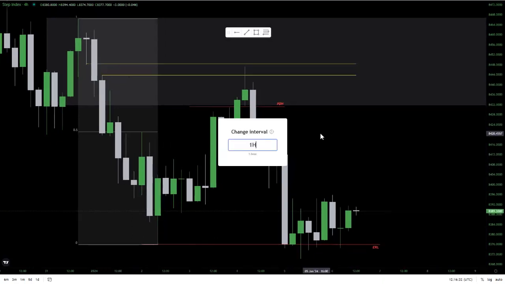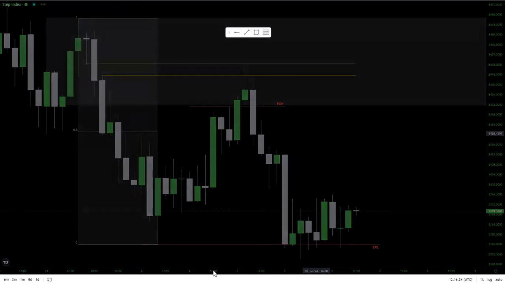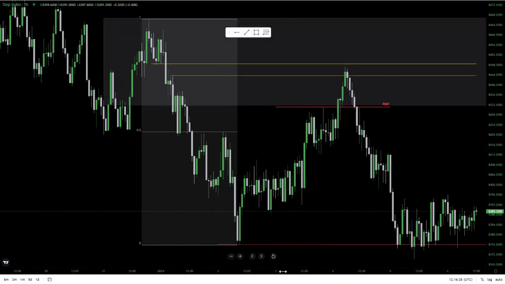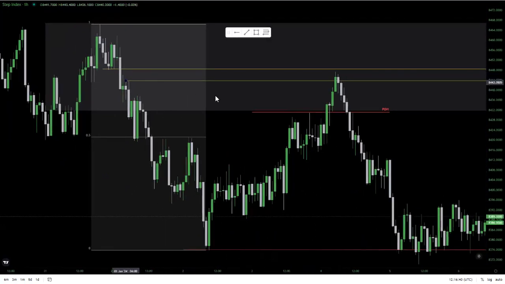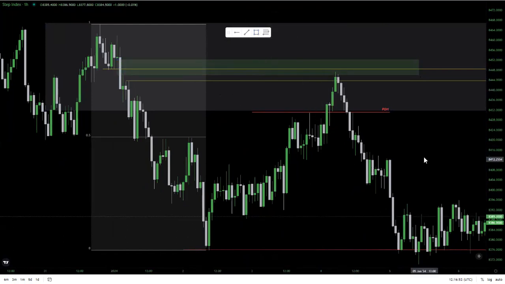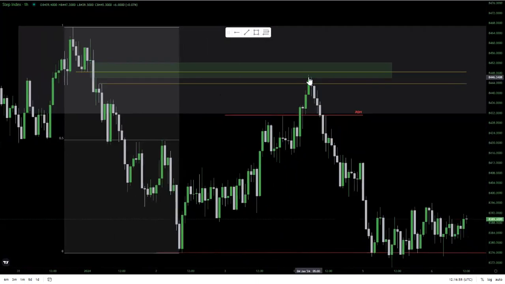So I'll continue dropping to the 1 hour time frame. Show you guys what we have on the 1 hour time frame. Looking at that 1 hour time frame inside of this 4 hour time frame, what do we have here? We have another fair value gap, another FVG. Let me change the color here so that it's visible. Yeah, we have another fair value gap. If you are looking to take a trade, you can have your trade here